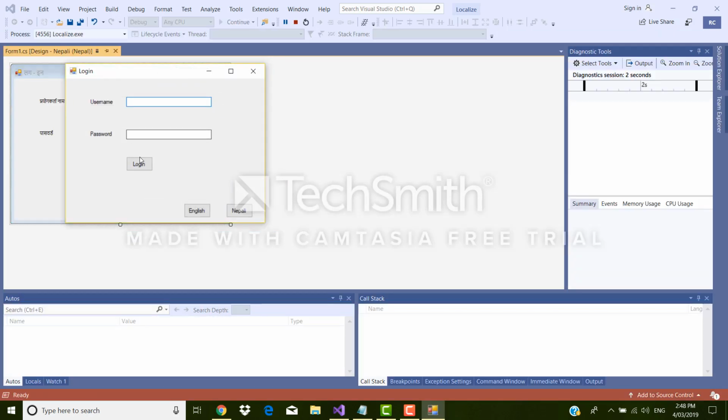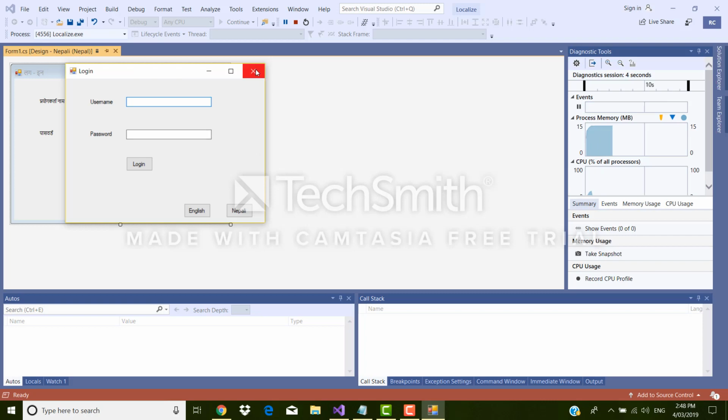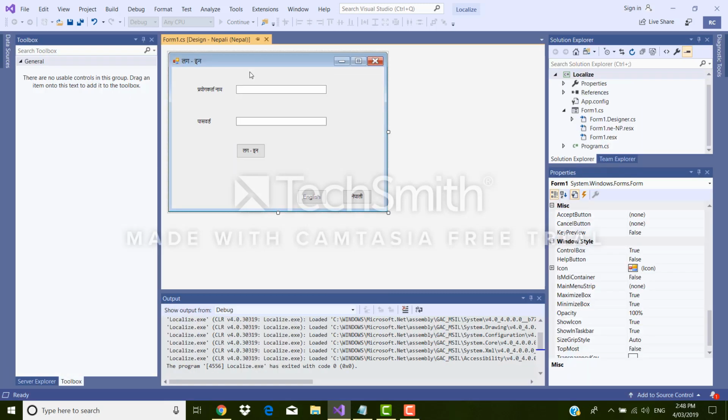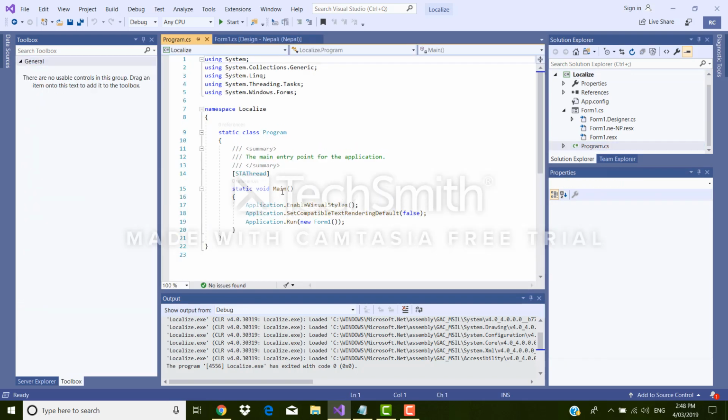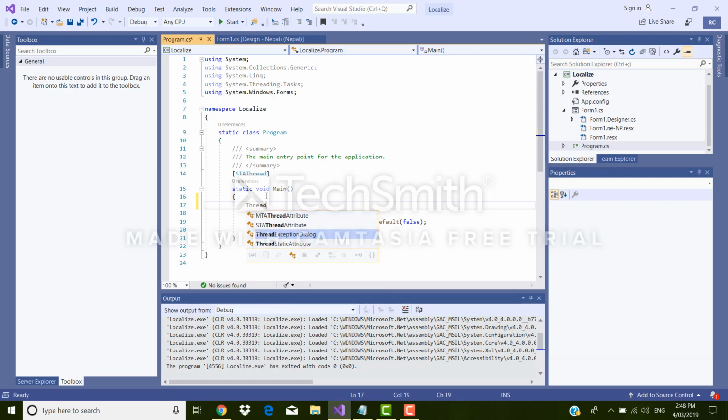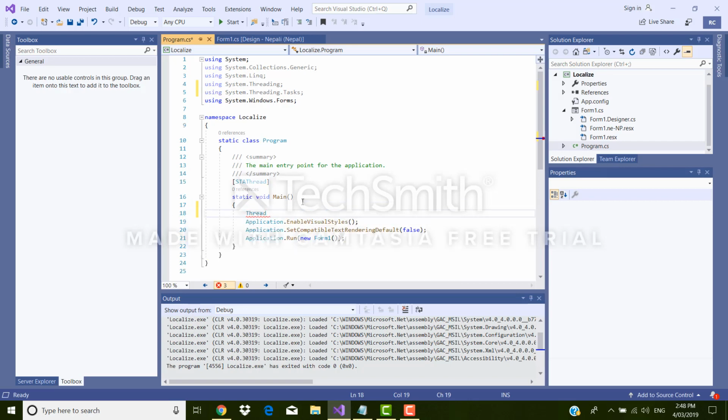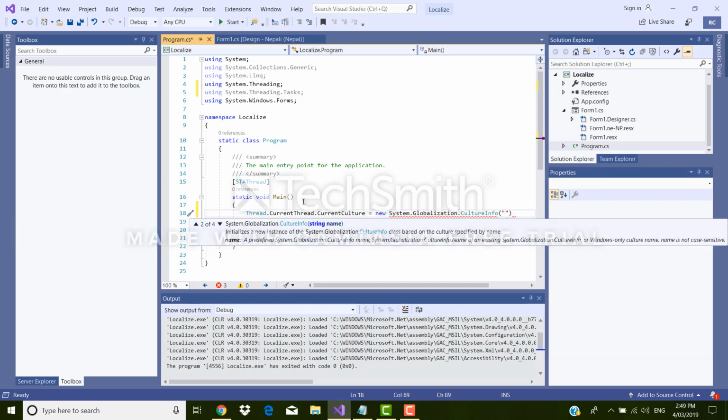So let's change this default language into our Nepali language. To do that, let's stop the application. We need to go over to our Program class and change the current culture of the current thread. So what we can do is use Thread. Let's import the namespace for the thread, System.Threading. It has a property called CurrentThread, which has a property called CurrentCulture, equal to, we're going to set new CultureInfo, and we need to pass our language specific code here, which is ne-NP,